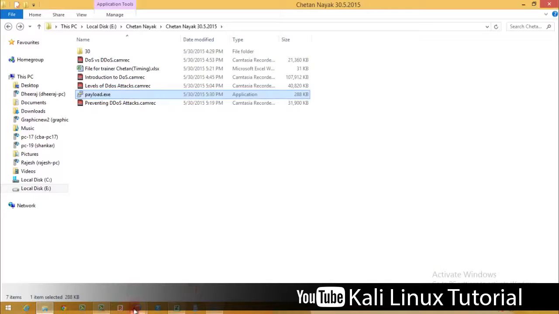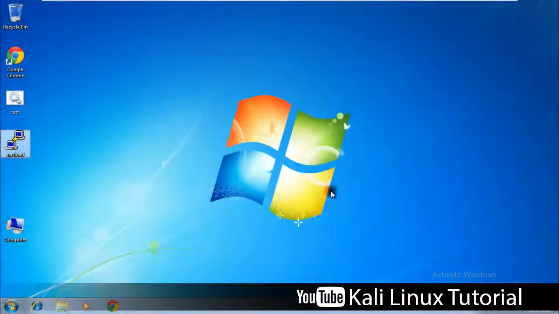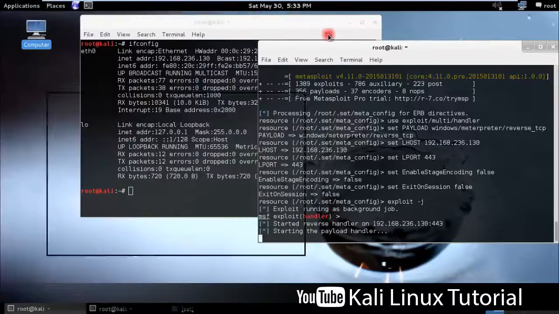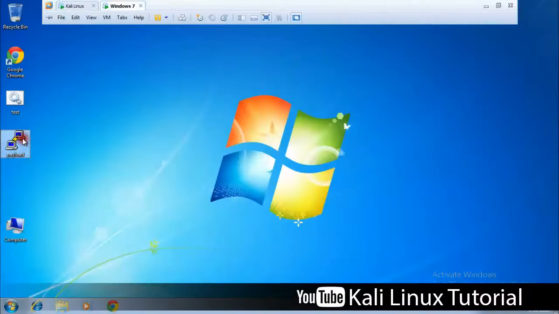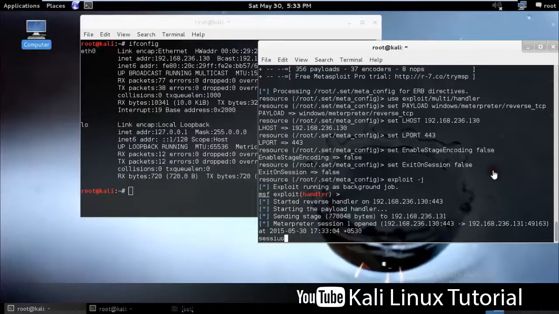Perfect. And I'll just cut it and paste it over here. So I'll just assume that you have sent this file somehow to your target and he has accepted it. I'll go ahead and start the payload, and my connection over here will be started.